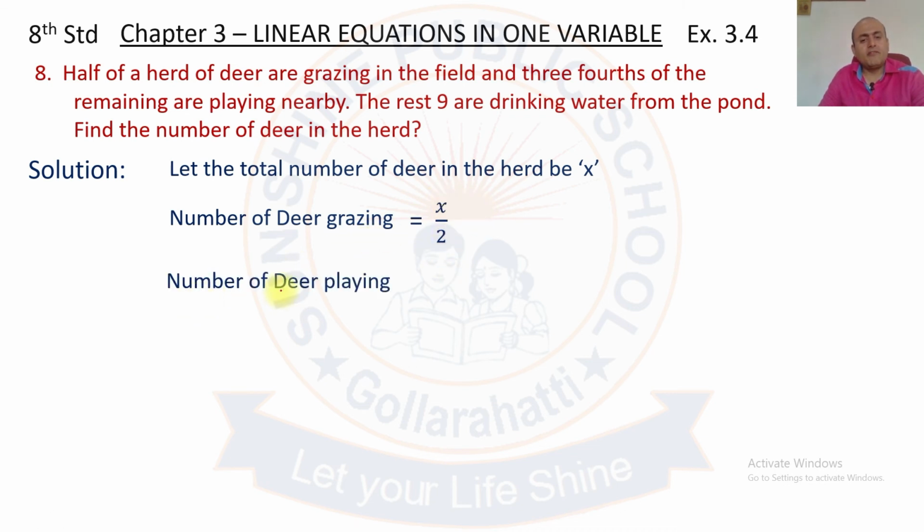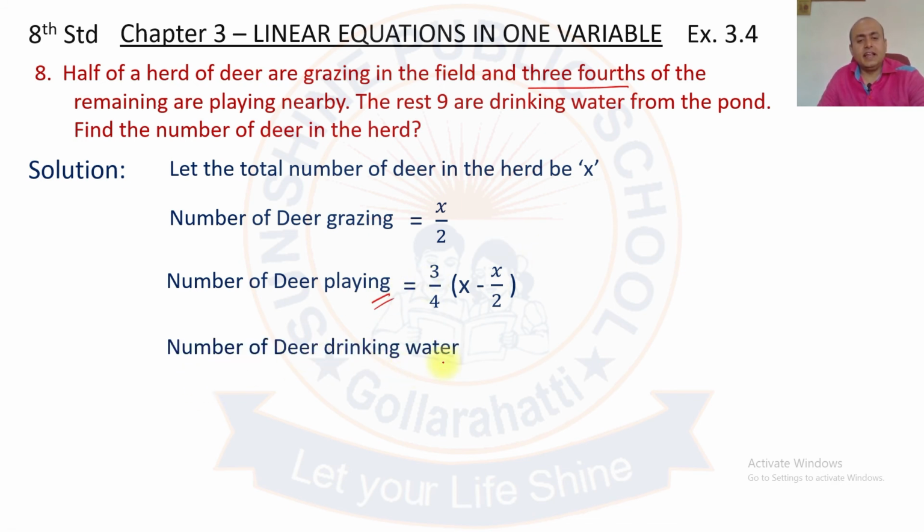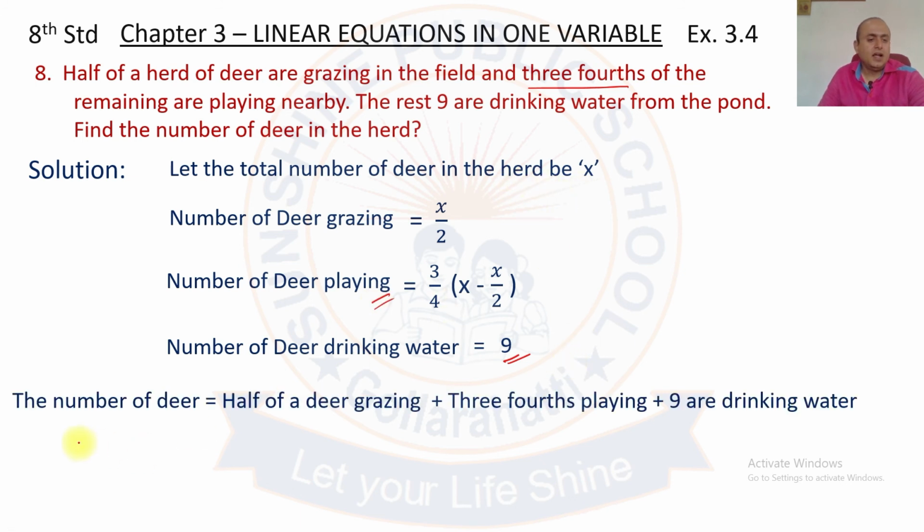And next is number of deers playing. So how many deers are playing? They were given 3/4 of deers are playing, of the remaining half. So 3/4 of the remaining deers, that is 3/4 into x minus x by 2 playing. And the remaining number of deers are drinking water. So how many deers are drinking water? There are rest 9 deers drinking water. If you add all this, you'll get the total number of deers. That is total number of deer is equal to half of deer grazing plus 3/4 playing plus 9 drinking